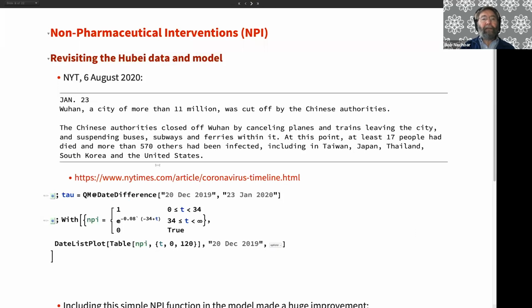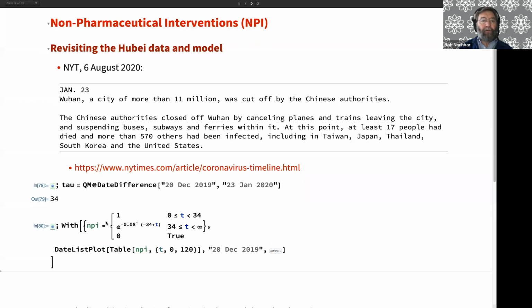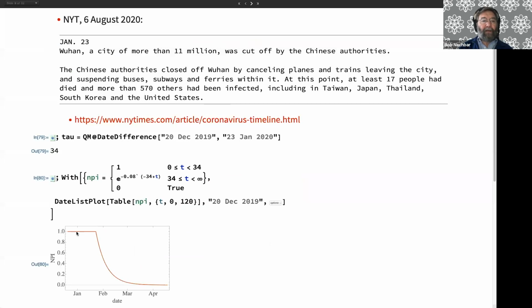In Wuhan, they closed everything down in January, on January 23rd. And the first infection, they estimated, occurred sometime around the 20th of December. So we can calculate when that occurs, and we can use a very simple function here that up until January 23rd, we've got the full force of the infection occurring, and then it dissipates as people start social distancing, as people start getting quarantined when they were sick, and so on.